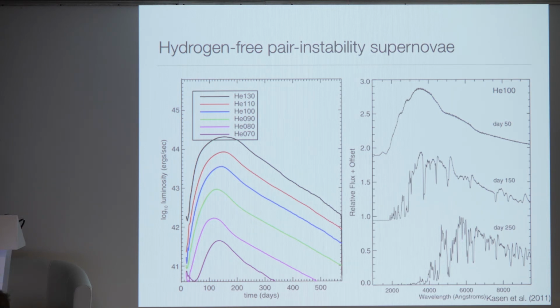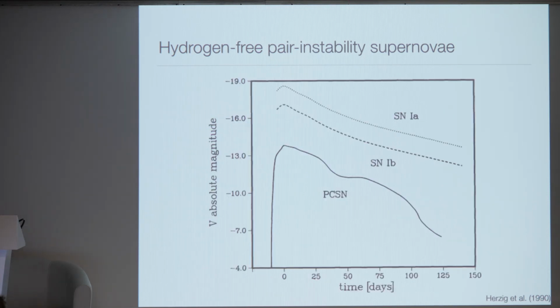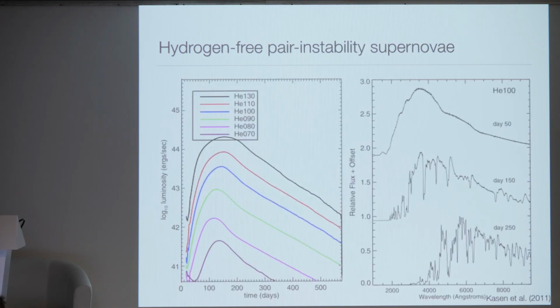So usually for type Ibc supernovae, the peak luminosity is around 10 to the 42 ergs or so, and they become bright in like 20 days or so. So usually a type Ibc supernova is like this, or like this, but then these can become more than 100 times brighter than these type Ibc supernovae. And so as I said, this is the case of 50 solar mass helium, but as it goes down,